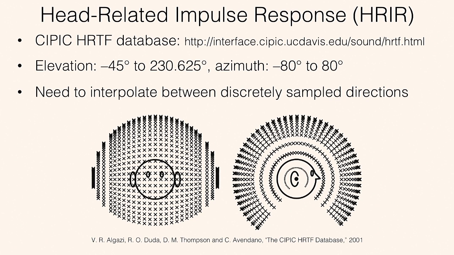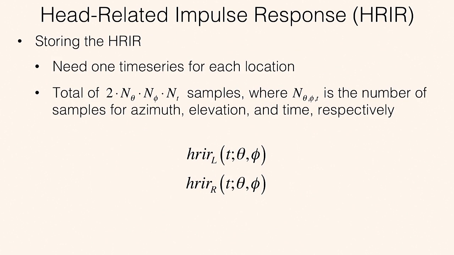Of course, these are discretely spaced positions, and the way we hear in the real world is continuous throughout the space. So you do need some way of interpolating between those discrete locations. Ideally, what you do is you do a triangular interpolation between the 3 nearest points, and if you toss in the distance parameter, you can do a tetrahedral interpolation. When we store this HRIR,